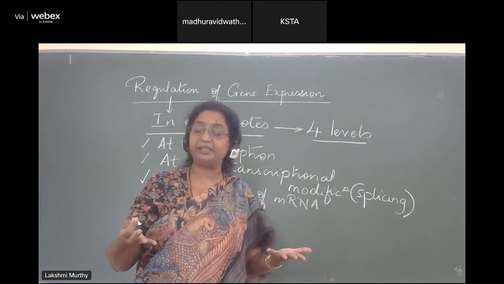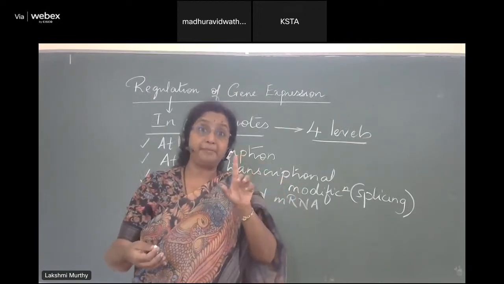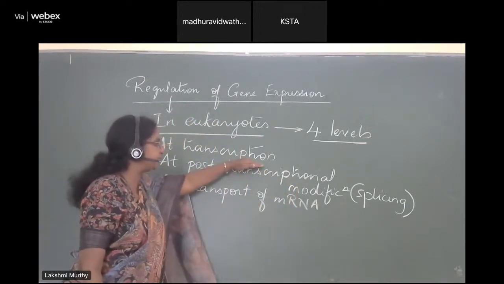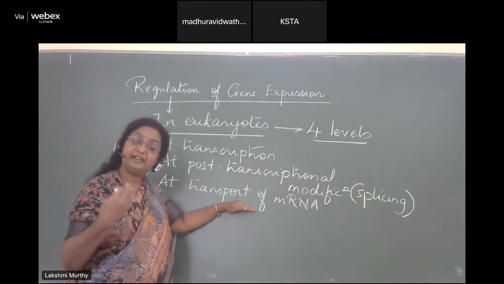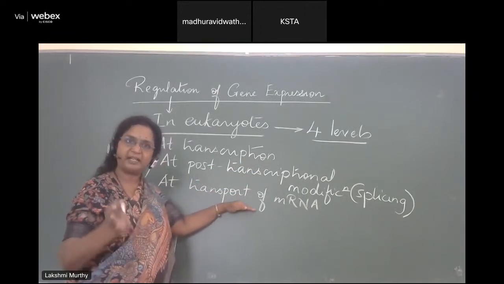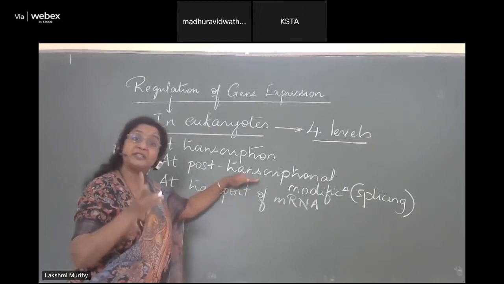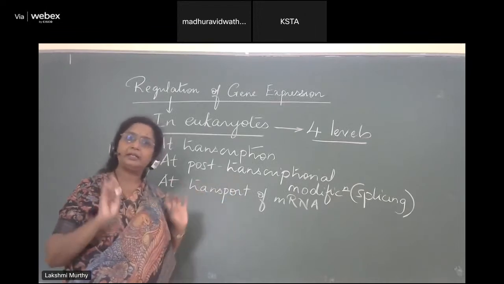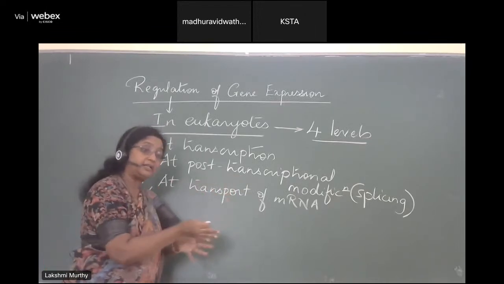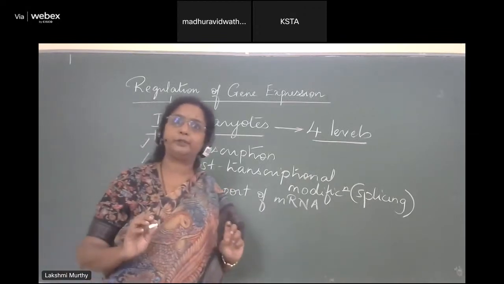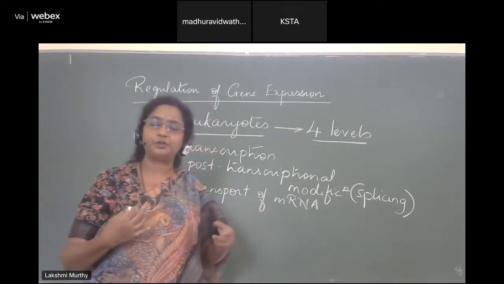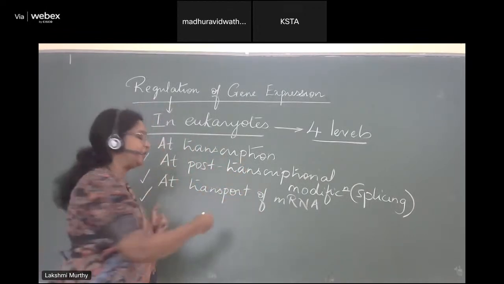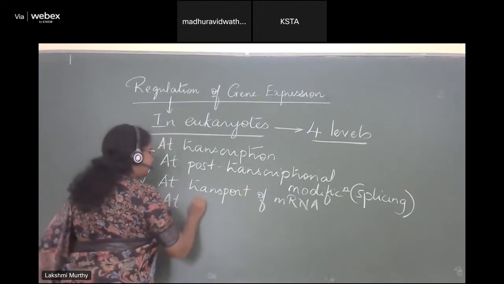Squamous epithelial cells will be there. So if we go to the skin cells, they also do not have to make hemoglobin, but they are unable to control at this level, or this level. So they have made the HNRNA for hemoglobin, that is alpha and beta globin. They have also spliced it up, and they are seeing that mRNA is made. That also they are unable to control, and that mRNA has escaped the nucleus and gone into the cytoplasm. That also they are not able to control. But they can control it at the final level, which is they can control at translational level.